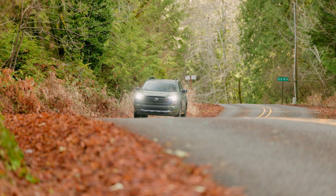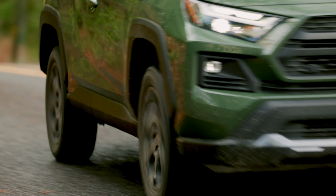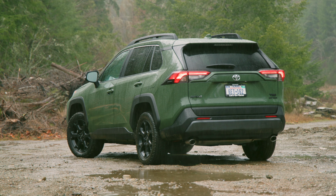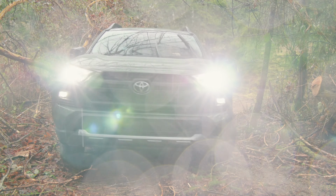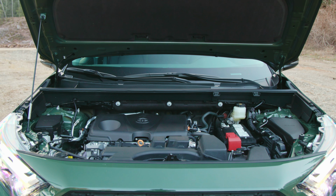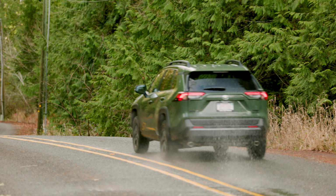The Toyota RAV4 has long been popular with buyers looking for a fun and adventurous crossover that also features Toyota reliability. With the 2024 RAV4 TRD Off-Road, buyers can venture even further off the beaten path thanks to a number of trail-ready options. The standard powertrain features a 2.5-liter naturally aspirated inline four-cylinder, good for a peak 203 horsepower and